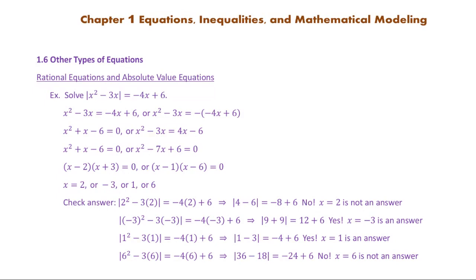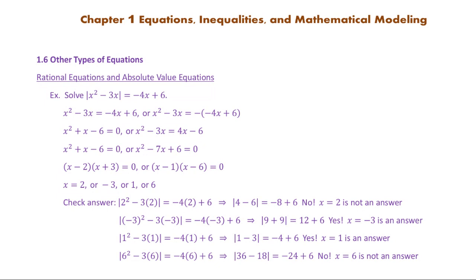So just solve each equation by setting the factors of them equal to 0. If you set x minus 2 equal to 0, you get x equal to 2. If you set x plus 3 equal to 0, you get x equal to negative 3. If you set x minus 1 equal to 0, you get x equal to 1. If you set x minus 6 equal to 0, x equal to 6. So we get 4 solutions to this